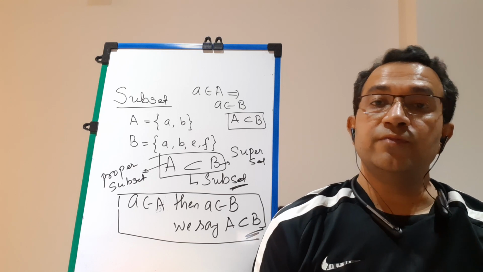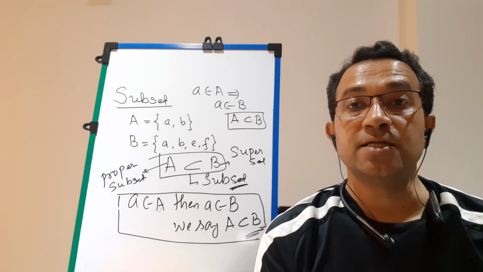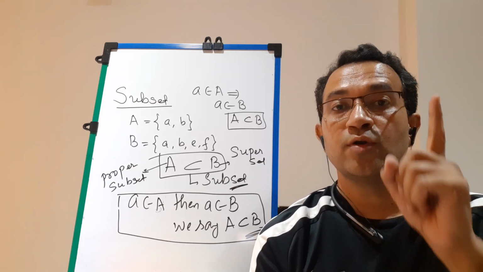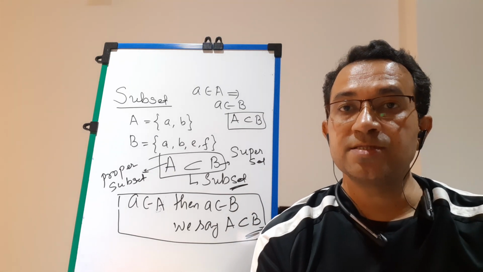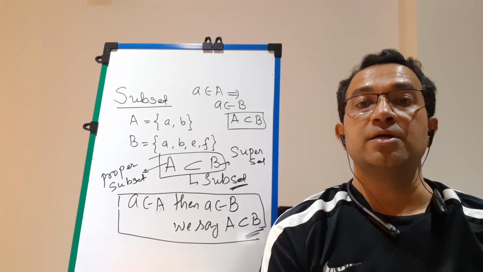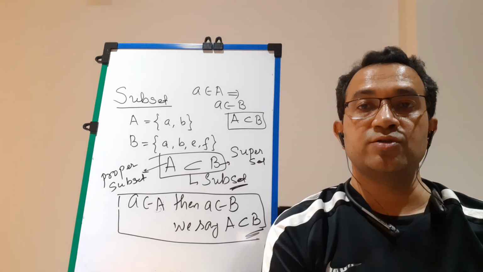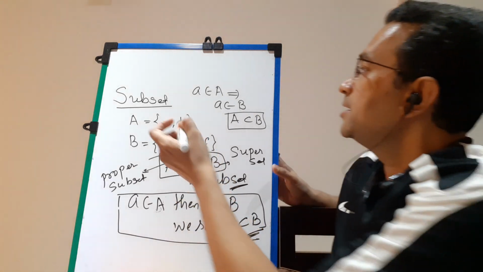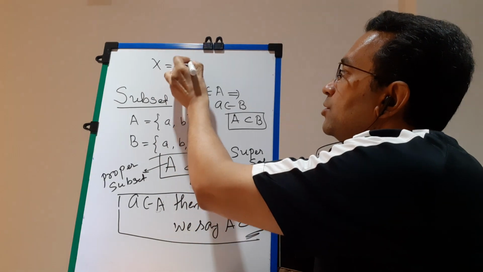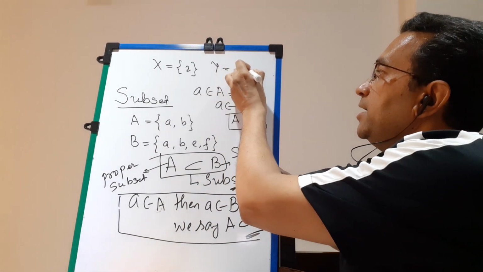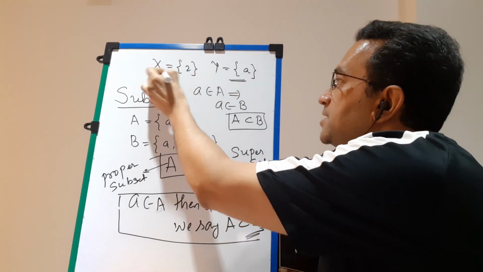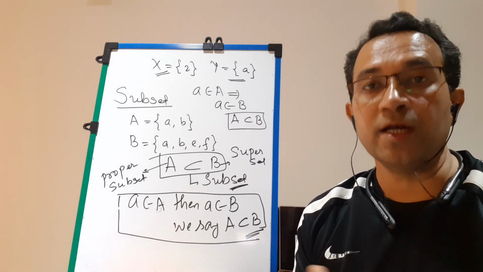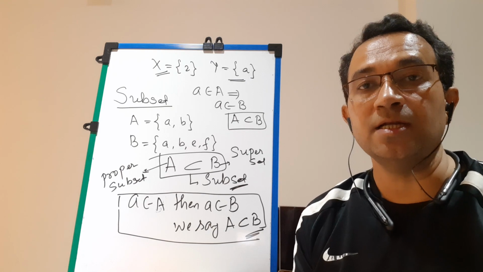And one more definition which I have already taught in the last lecture is the singleton set. Students, what do you mean by a singleton set? A set consisting of only one element is called a singleton set. That also, students, you have to perfectly remember. Say I write a set X equal to element 2, set Y equal to element A, then set Y and set X are called singleton sets. So a set having only one element is called a singleton set.